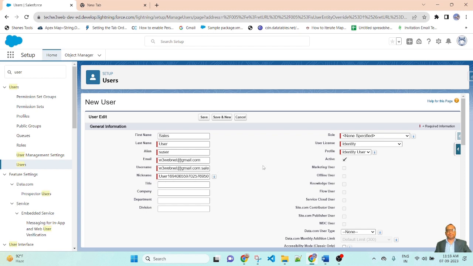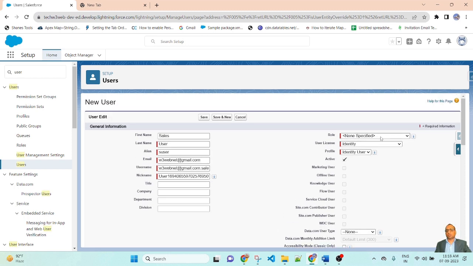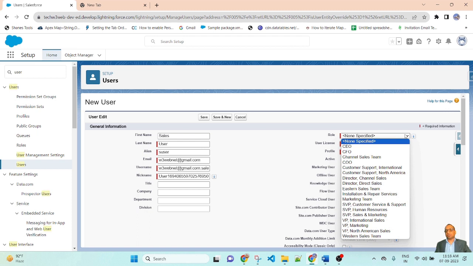This is a unique username. And here you can write the title, company, department. It is optional.